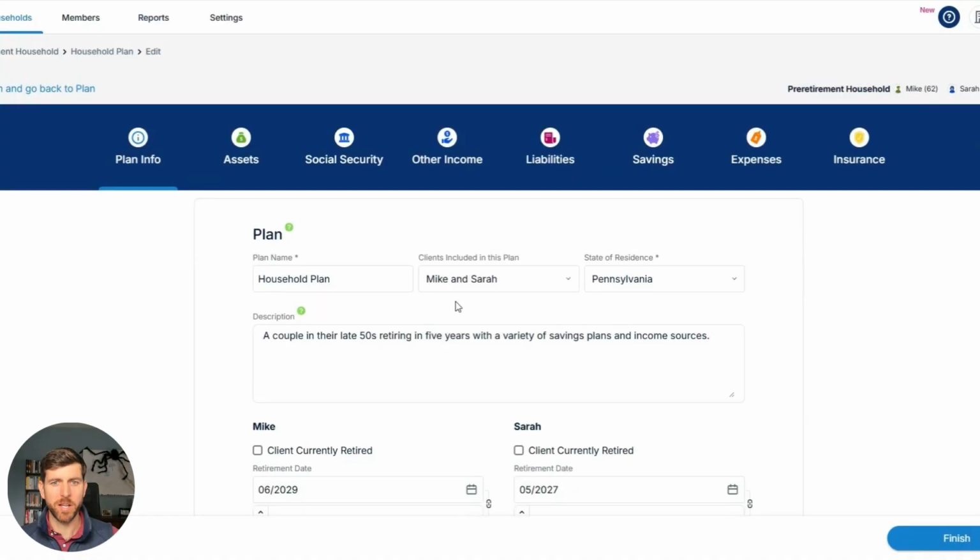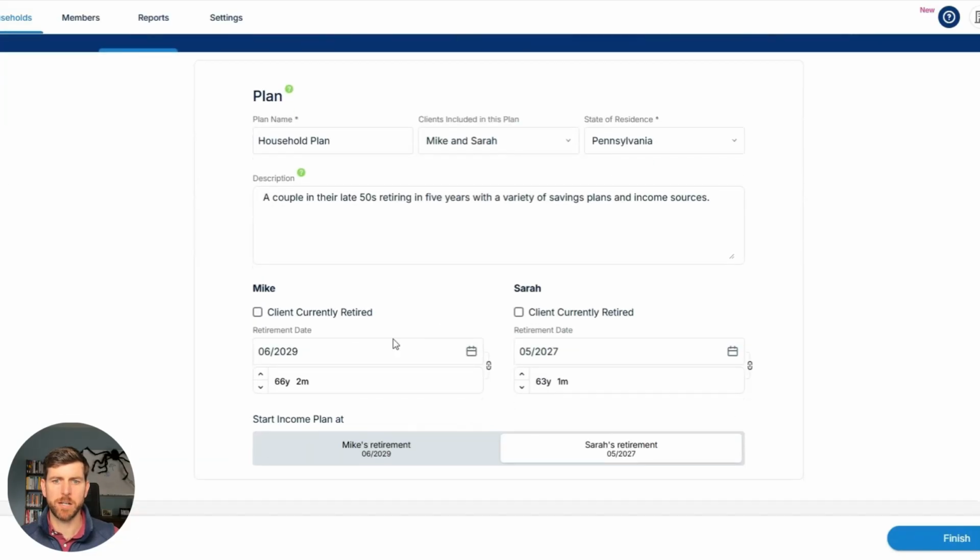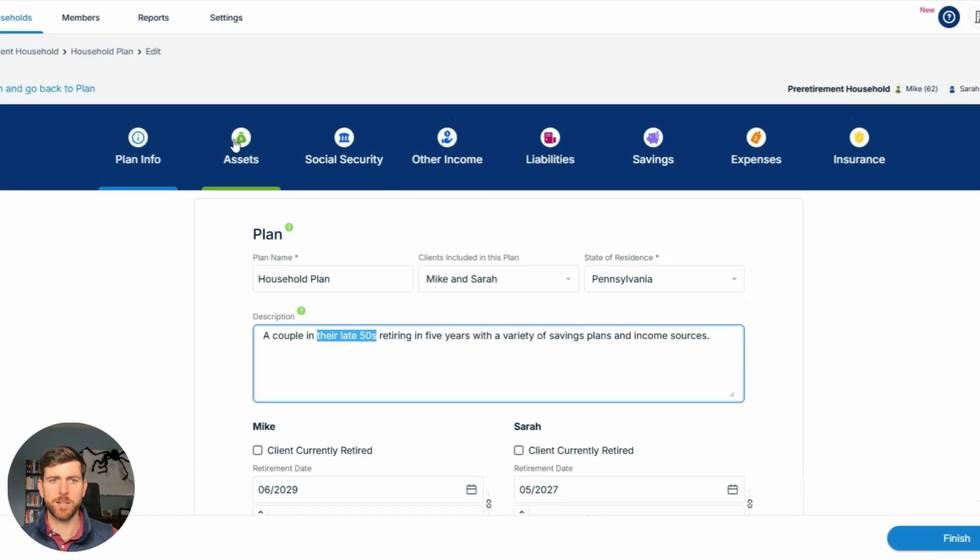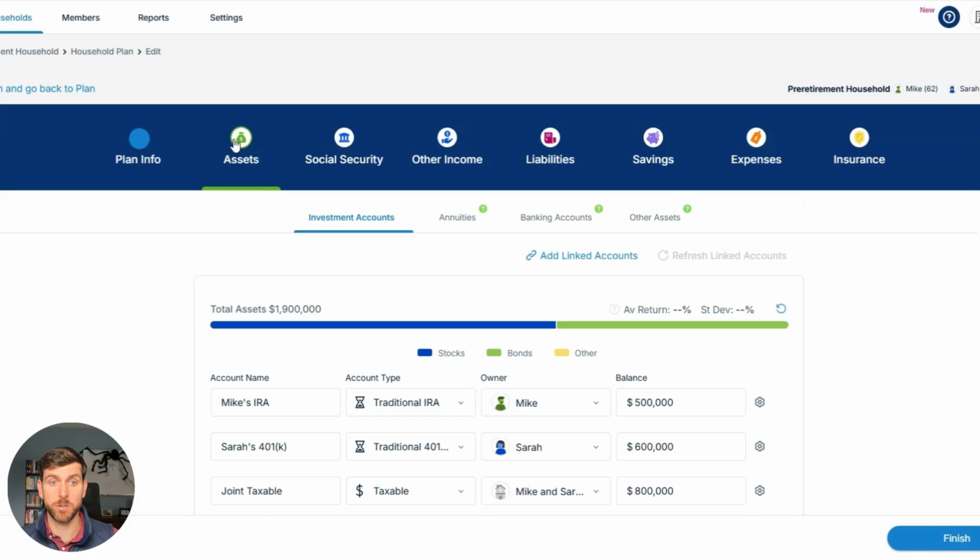So I have Mike and Sarah that I want to introduce you to as some hypothetical clients. They are clients that are getting ready to retire in the next 5 years. And what's important about that is they have some time, they have a runway, so to speak, where we can actually make some decisions that might make their retirement a lot more lucrative and just shore up the sustainability of the income that they'll eventually enjoy.